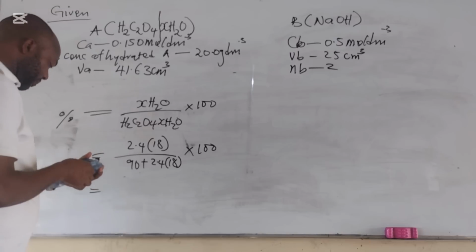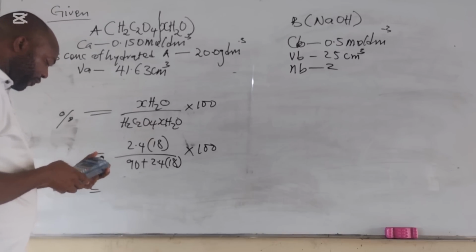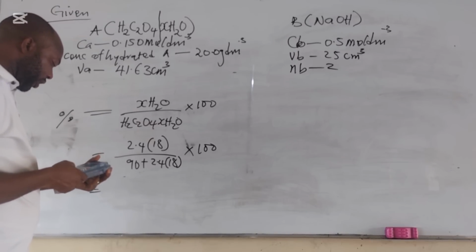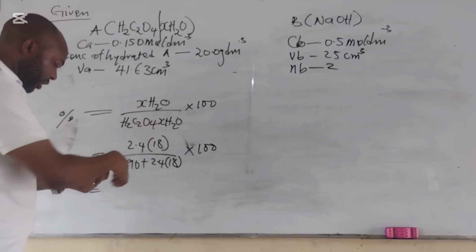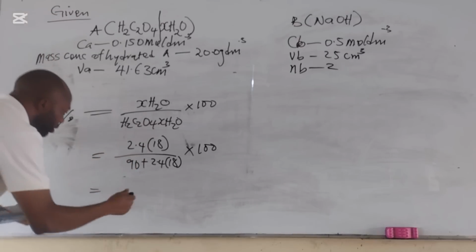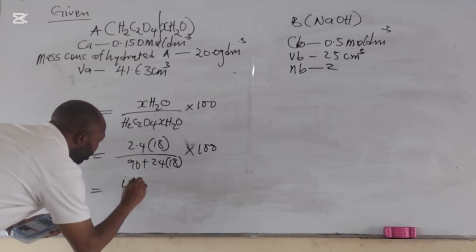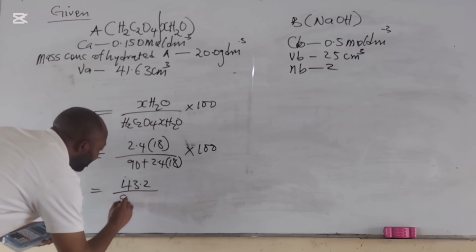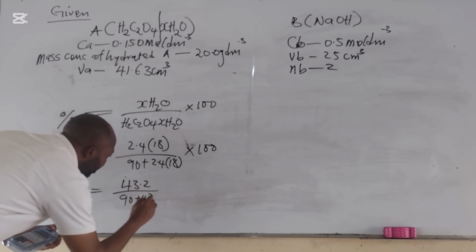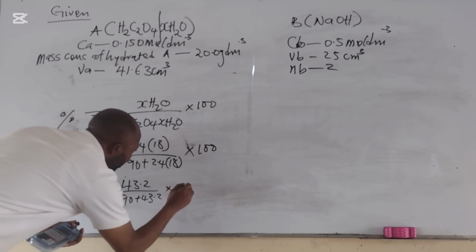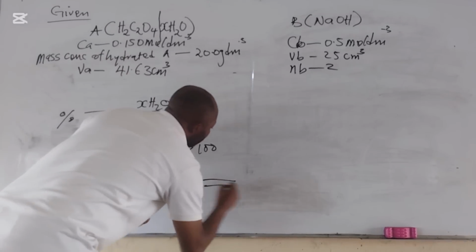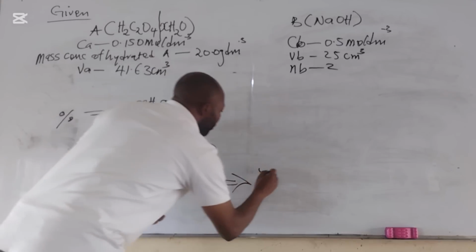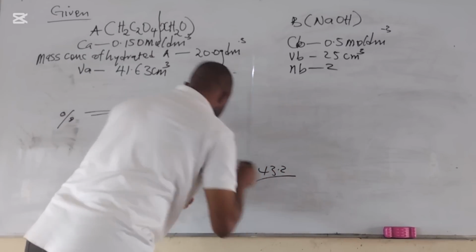We'll be having 2.4 times 18 gives us 43.2. So 43.2 over 90 plus 43.2, times 100. And this is 43.2 over,